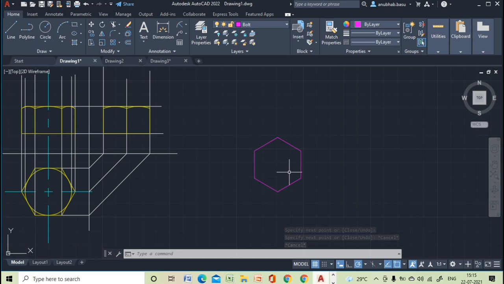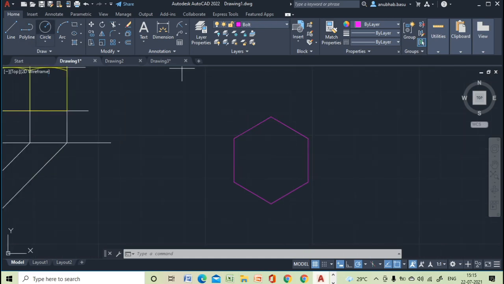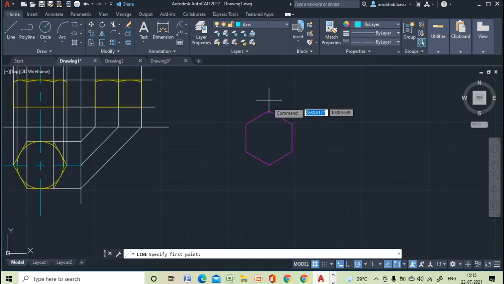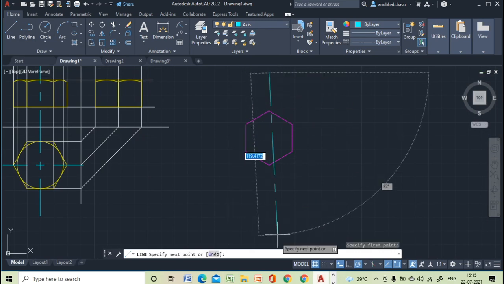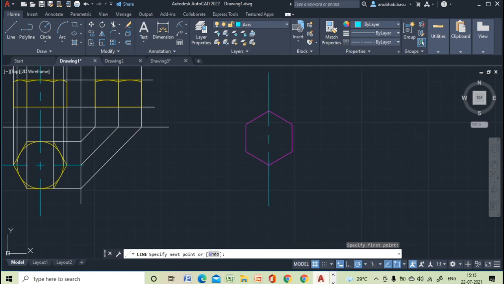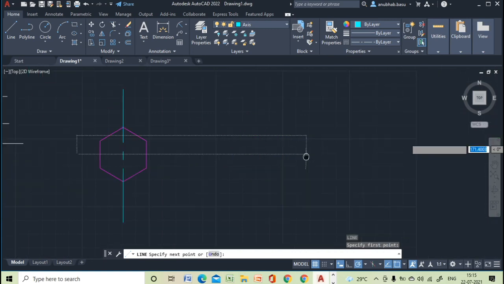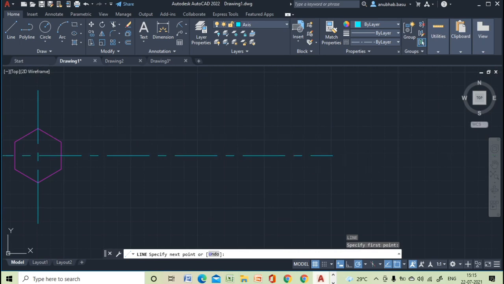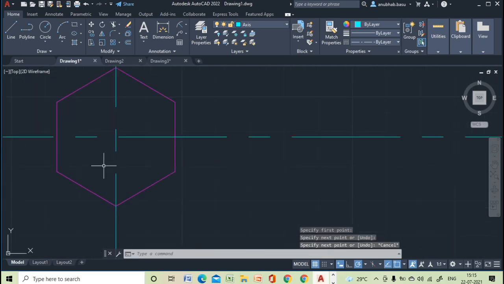Now similarly here also we will draw the circle. Before drawing the circle, at first we will find out the center point. Okay, so this is our center point.